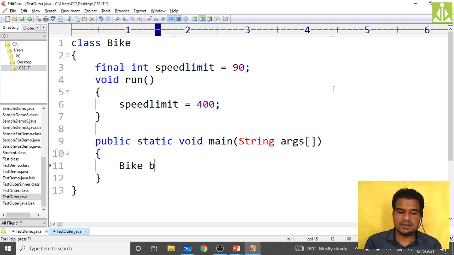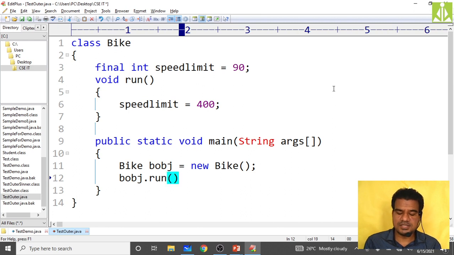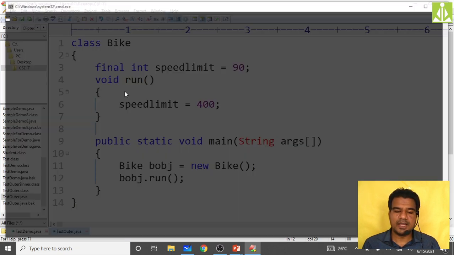So Bike bobj equals new Bike, so now call bobj dot run. Is it going to work? Because I'm trying to change the final variable value inside my run method. So is it possible? Am I able to do so? Compile.